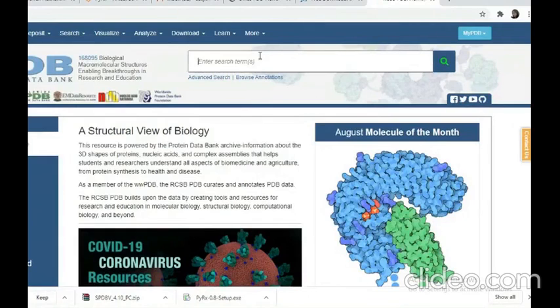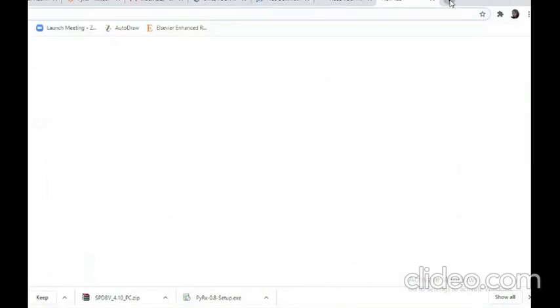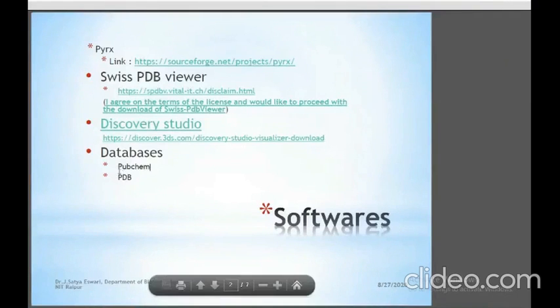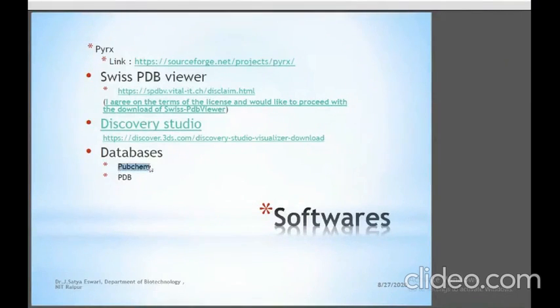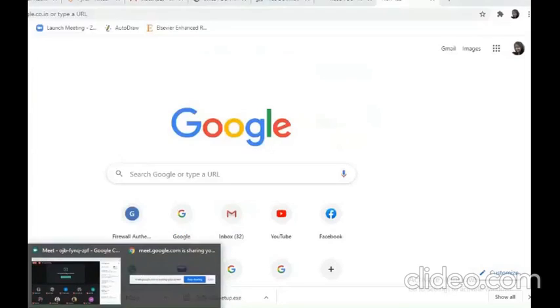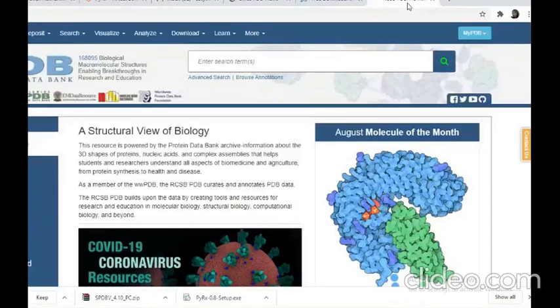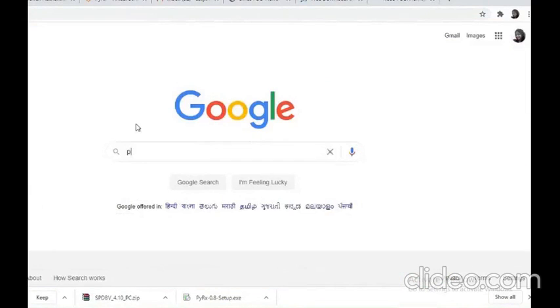Since we are doing protein-ligand docking for SARS coronavirus, SARS-CoV-2 spike proteins, we are taking four proteins. This is the PDB database, where particular proteins can be collected in proper PDB format and used for further steps. Then the next one is PubChem. This is the PubChem database, where many drugs are deposited. You see this, PubChem.